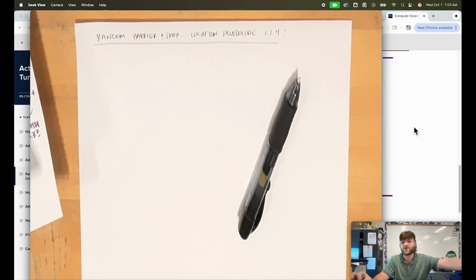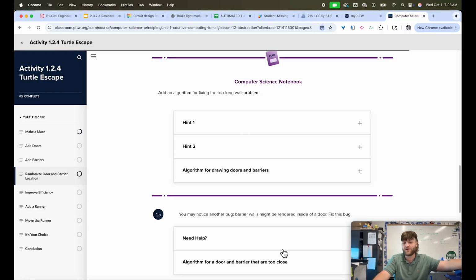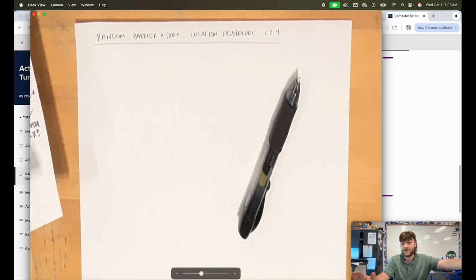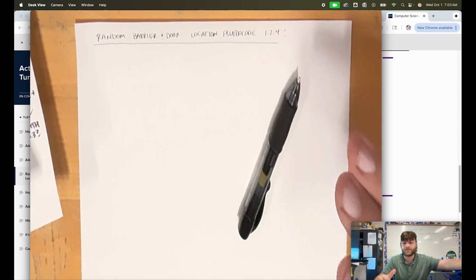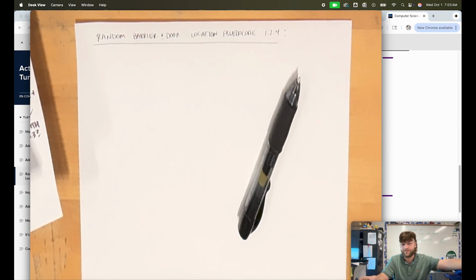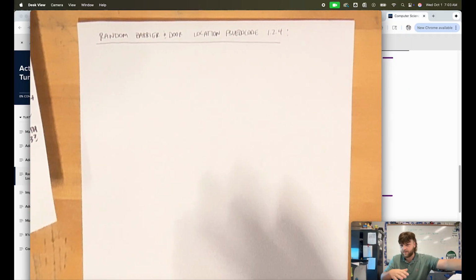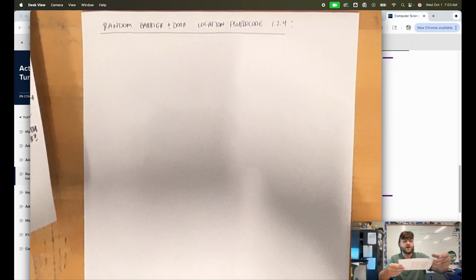Today, we are introduced to activity 124, which right here is turtle escape. And so what we're doing in this code is we are generating a maze, right? And as we said, we're going to start off very, very simple, with the absolute basics of this. And then what we want to eventually do is be able to generate this maze at random. And so just to kind of recap here before we begin with this part of the pseudocode,